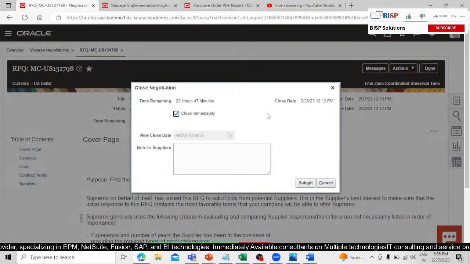So at what time do you want to close this negotiation? Suppose we want to close this request, or you can say this negotiation and the quotation, immediately. So you can select this close immediately option. Either you can also set a new close date and a note for the supplier, right? So right now go with the immediate,